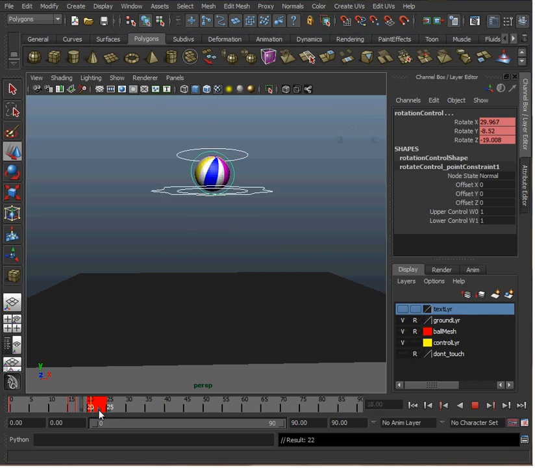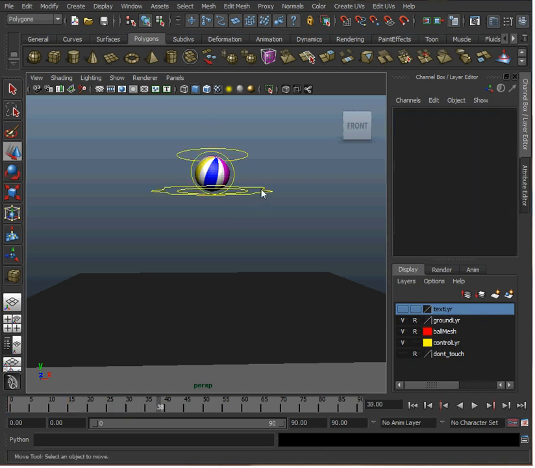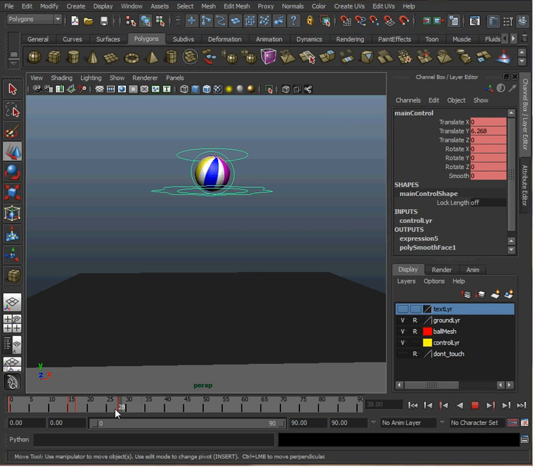Now remember, when the ball goes up, it's not gonna go up as high, and it won't take as long. So let's move this over to sometime around 20, the 20 area. So that'll be the top, and then we can have it go down. If it takes, I have it from frame 17 to 28. That's 11 frames to go up. It should take 11 frames to go down. A natural object will take just as long to go up as it does to go down. So we're going to have it take 11 frames to go down.